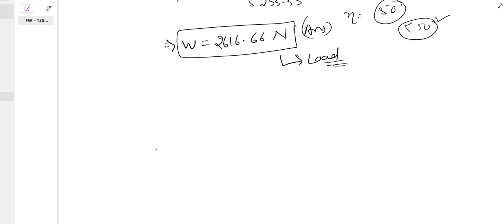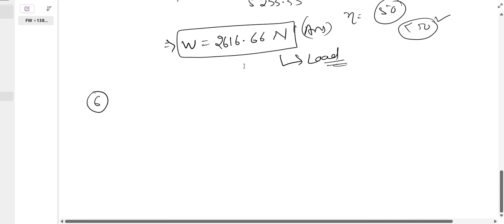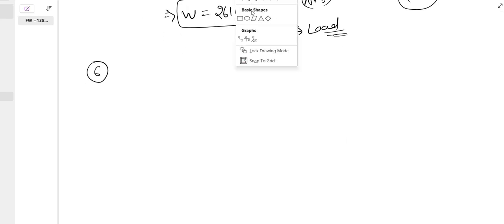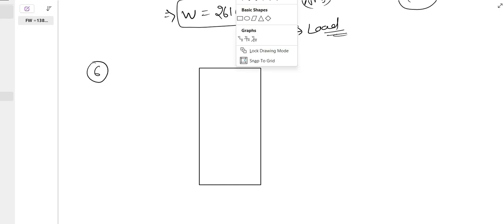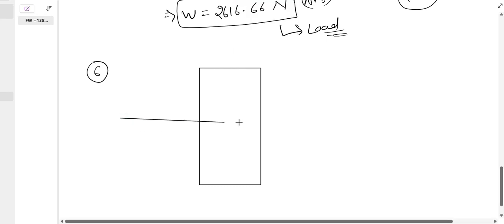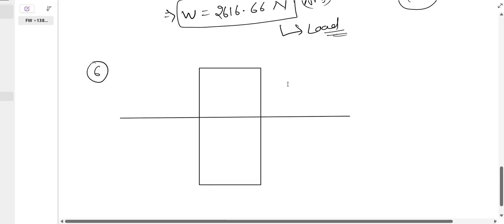question number 6. And let's see the question number 6. Prove the moment of inertia of a rectangular section having width B and depth D about x axis is B D cube by 12. Let me draw the rectangle. Suppose this one is the rectangle. Okay. Suppose this is the x axis passing through the centroid. Okay. So passing through the centroid,